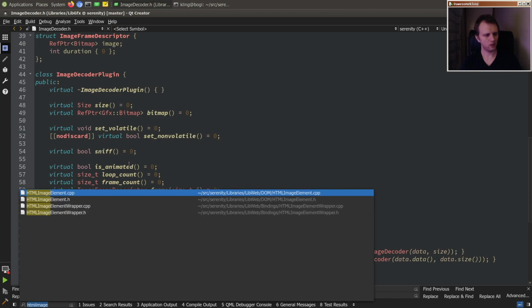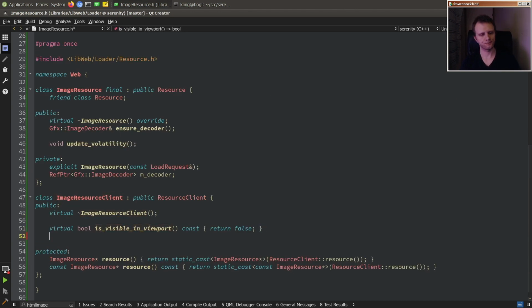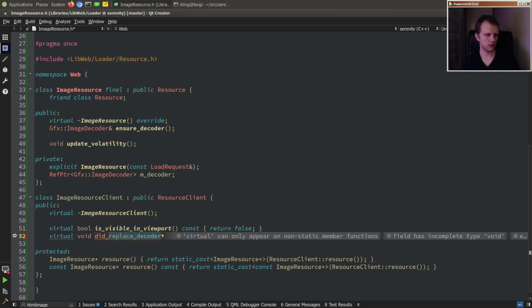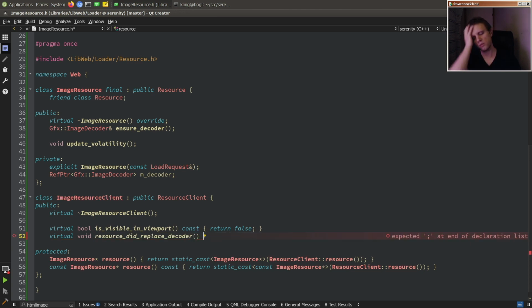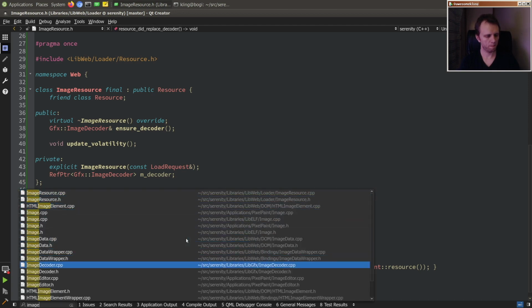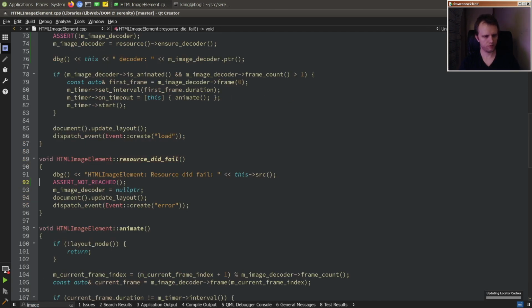Unless we have a resource client, image resource client API that sort of retargets it. So I would say something like virtual void resource did replace decoder or something like that. And then if you are using the decoder, then you can go and pick that up. I guess we could do something like this, because then we don't have to add the awkward API to image decoder. Yeah, okay, let's try this. So resource did replace decoder, and then in image element, we will have that, so virtual void. And if this API gets called,